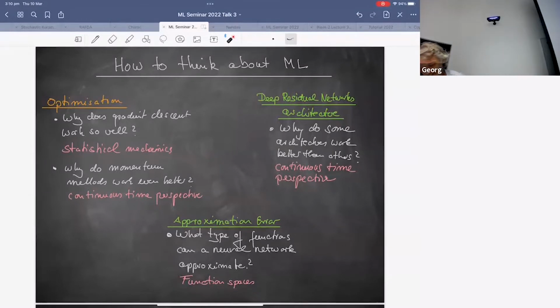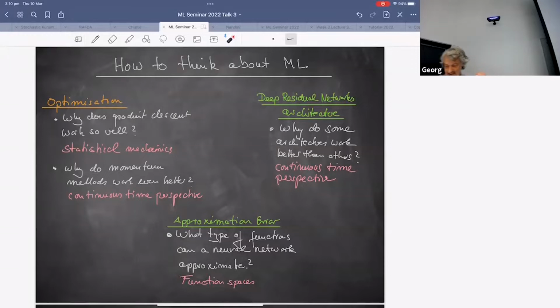So in order to understand that, people have used lots of different perspectives, but one that I want to discuss here comes from statistical mechanics and involves spin glasses. We already discussed this in the tutorial or the hackathon: there's this momentum that tends to help us in finding a minimum.